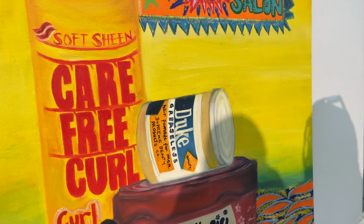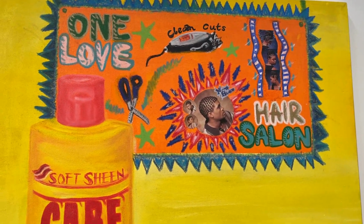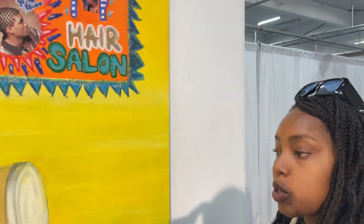So all summer I'm going to be doing cyanotypes. You already know. And this piece is what I'm used to seeing you do. Yeah, so I'm primarily a painter, and I have been painting for a while. This is kind of how the work started, with painting archival hair products, which I'm still doing,